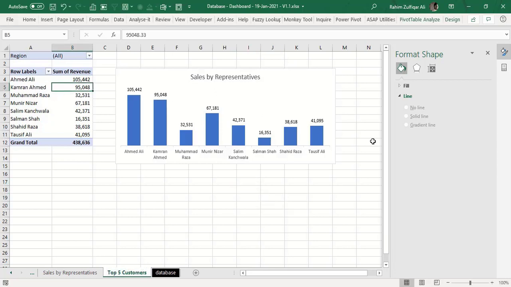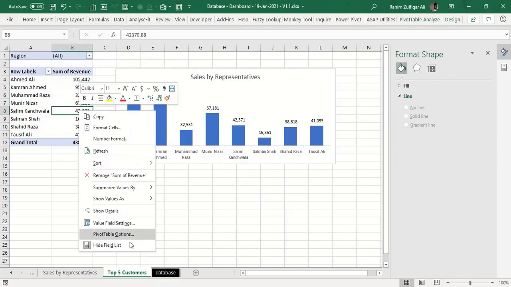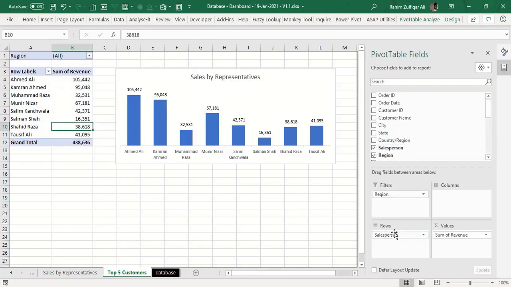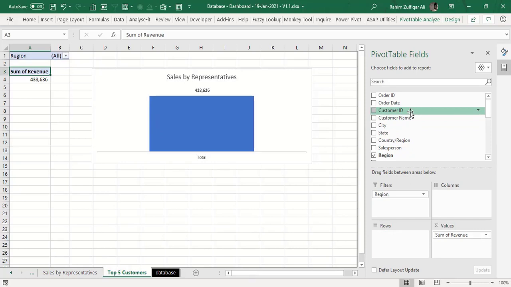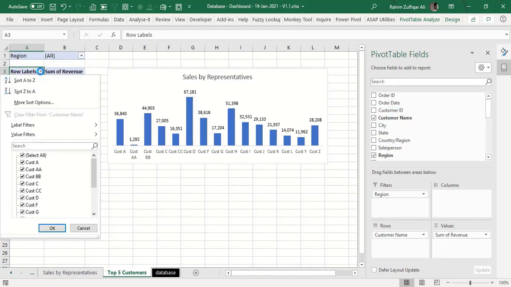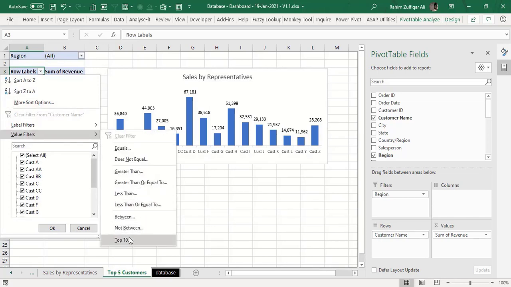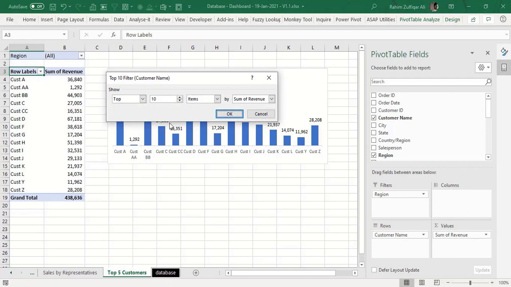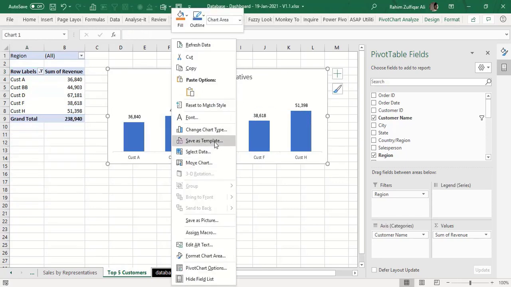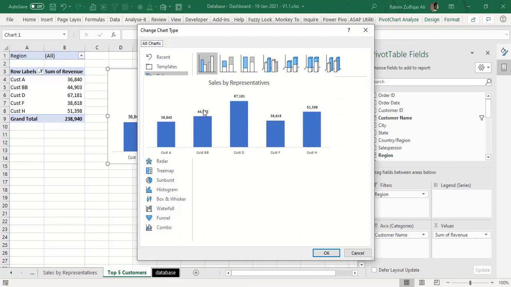And for doing that, what we need to do is, again I will just click on show field list, and from here instead of salesperson we need to have customer names, and we will open the row labels, and from here we will go to value filters. You will see a top 10 in the sub menu, and here we just need top 5, so I will write 5 here based on sum of revenue, and I will press OK, and this time I will change the visual type as a bar chart,